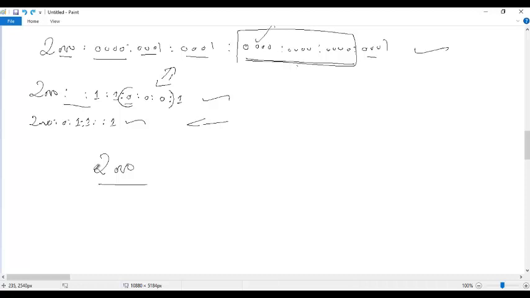Now, all the global addresses will start with 2000. And there is a type of address called link local. They start with FE80. We'll discuss this later.